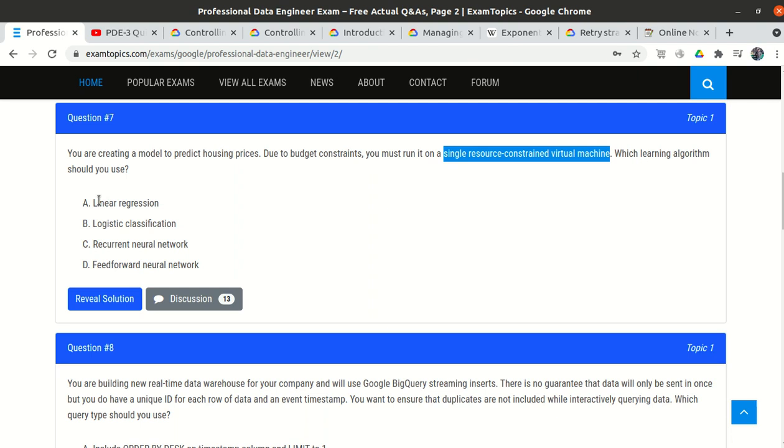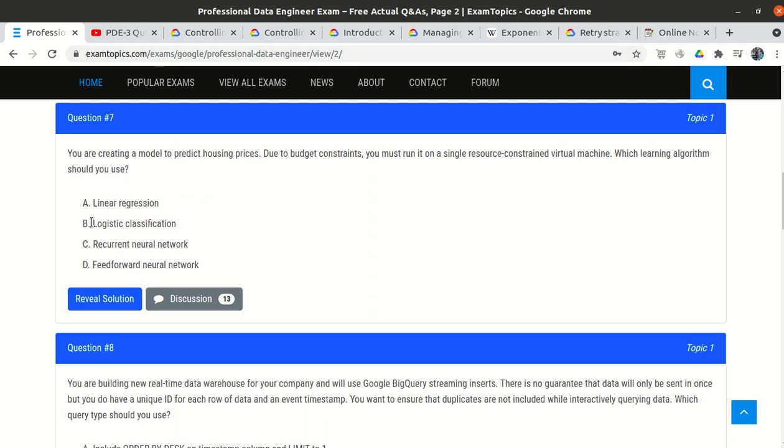Okay, let's go one by one. Shall we use linear regression? Yes, we will use linear regression. Linear regression is the correct algorithm because we need to predict housing prices. The housing prices could be 50,000 INR, 60,000 INR, 80,000 INR, or 1 lakh INR. So it is a variable number. When we have to predict some numerical, variable number, we will always use the linear regression model.